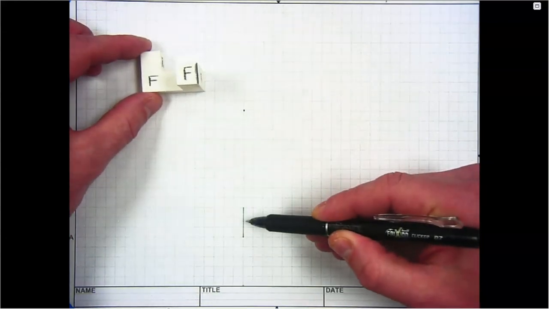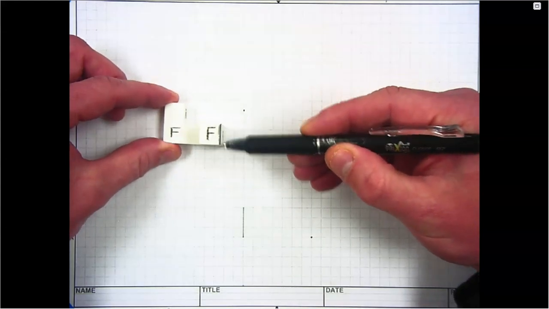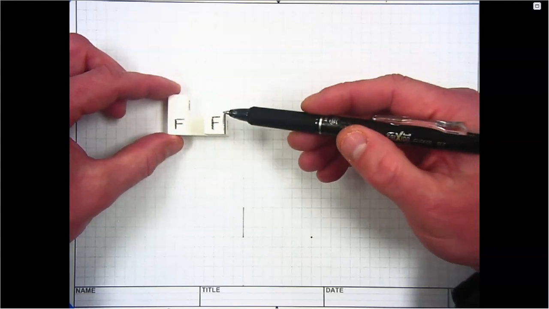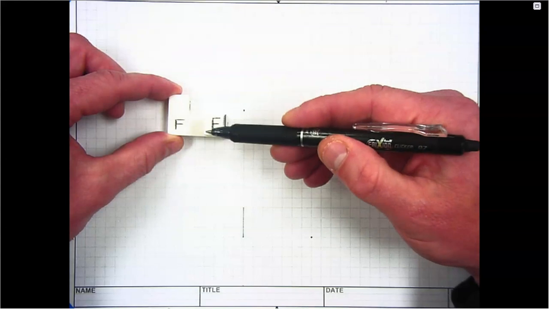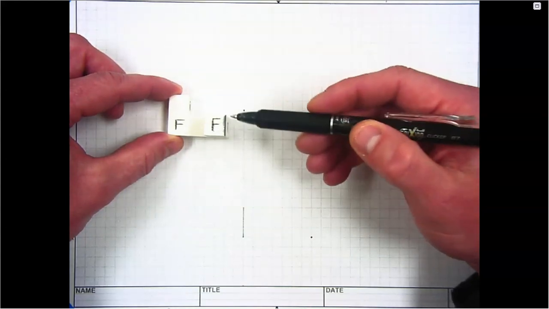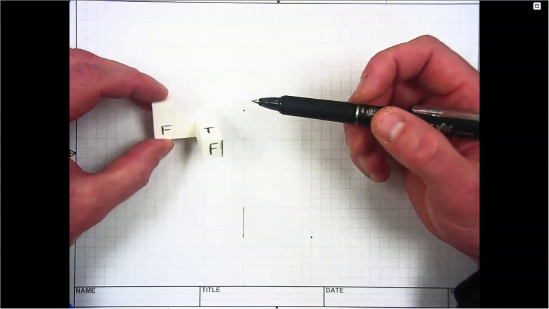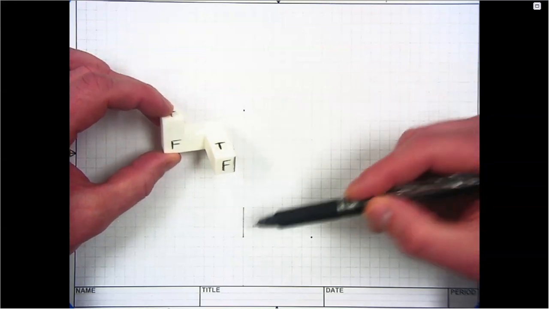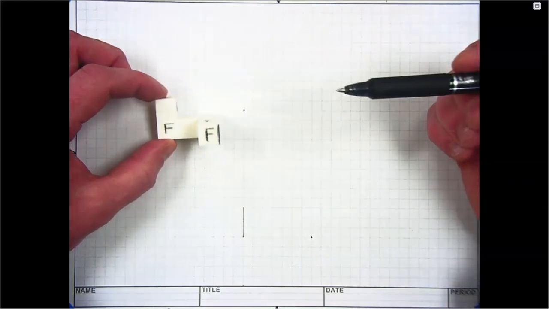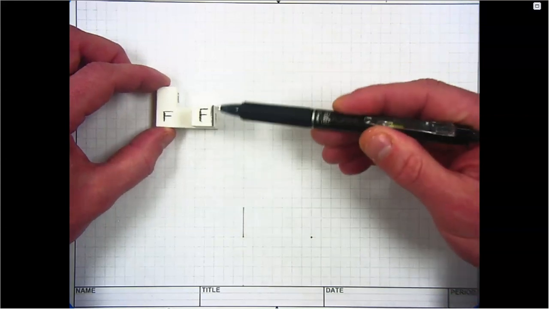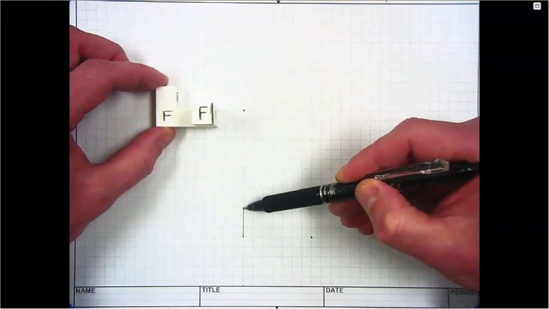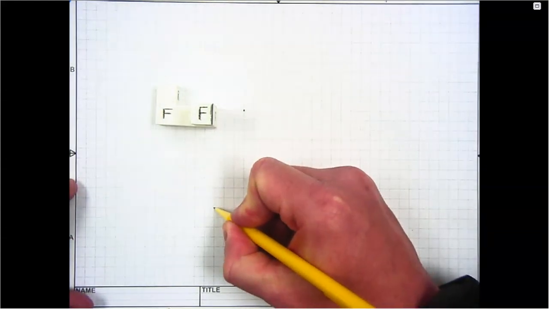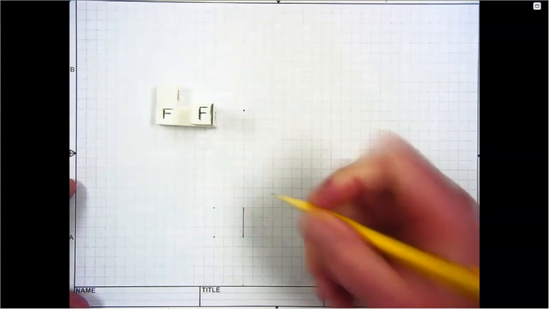We're going to start right here on the supplied template. That line that's on our template is going to represent this line in the front view. So from there, we're going to go ahead and create this box shape for the front view of the part. Something to note about this part and the scale we're sketching it to, 1 cube on our part is going to equal 3 spaces on our graph paper. So this first line has gone up 3 spaces in the height dimension. I'm going to go over 3 spaces in the width dimension and down 3 spaces in the height dimension,